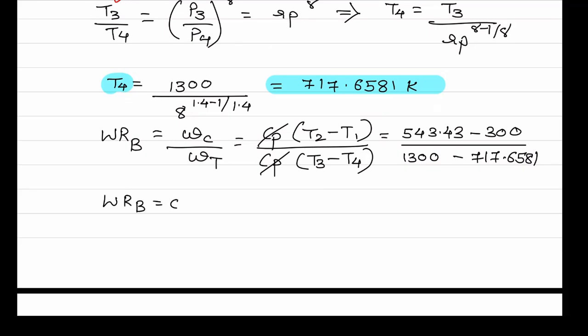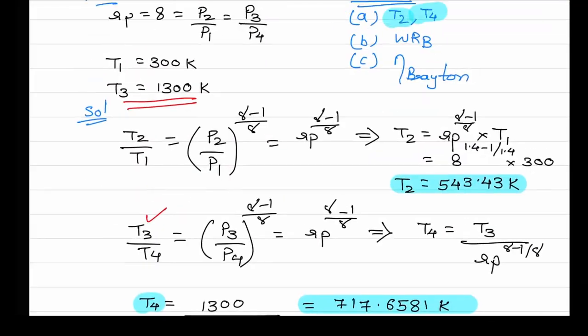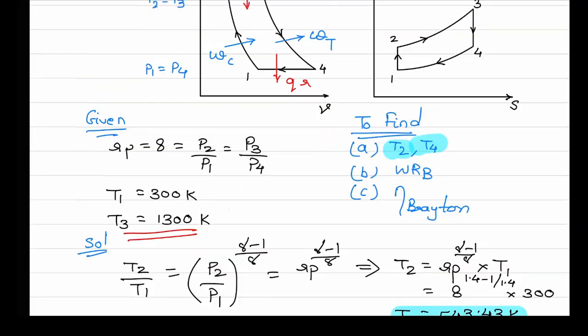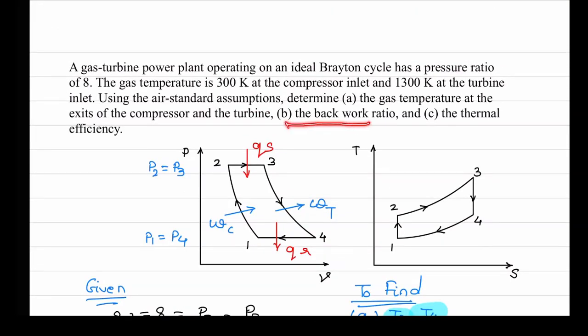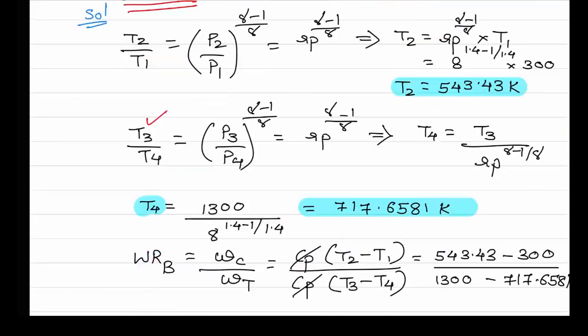This is the second answer. Okay, what was the question? The question was the back work ratio that we have found. Now the last question is the thermal efficiency. We have already derived the equation of thermal efficiency of Brayton cycle. So efficiency of Brayton will be equal to